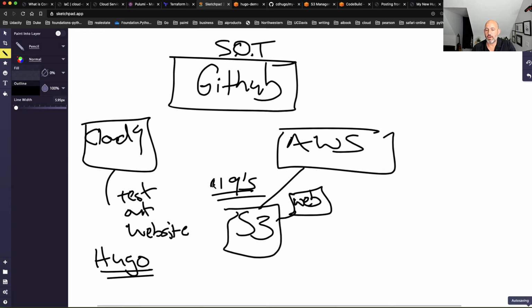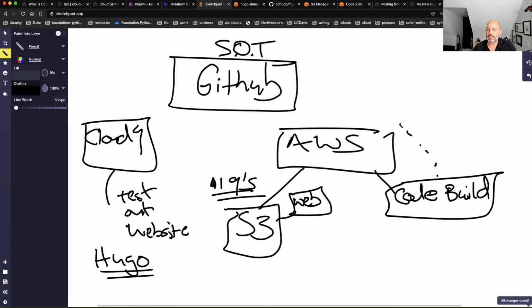And we also set up the CodeBuild right here. What CodeBuild does is it can be very nifty and listen to GitHub and kind of spy on it and say, hey, I want to listen to push events. Every time you push a change, I want to do what you were doing in Cloud9.